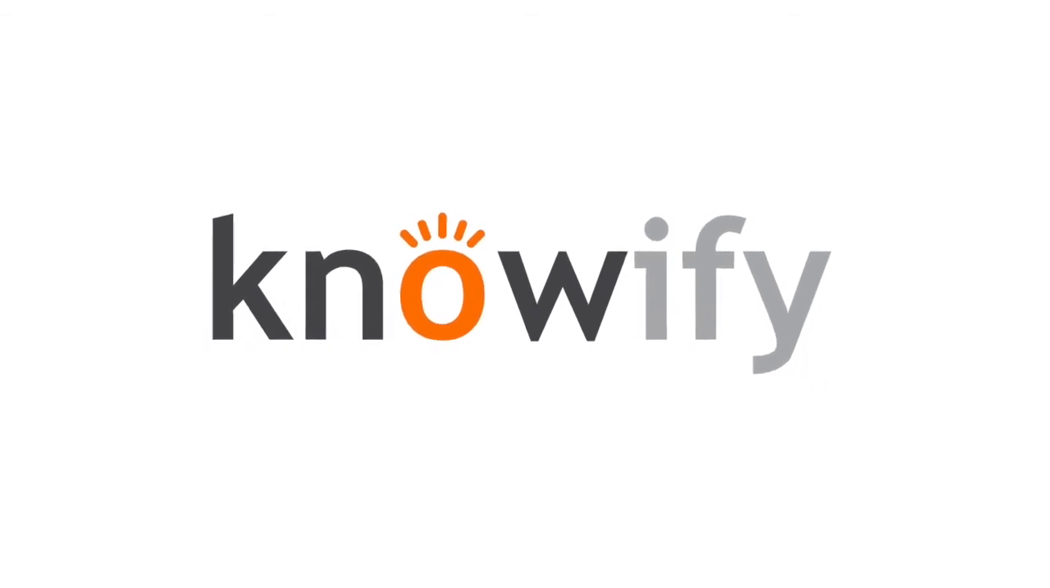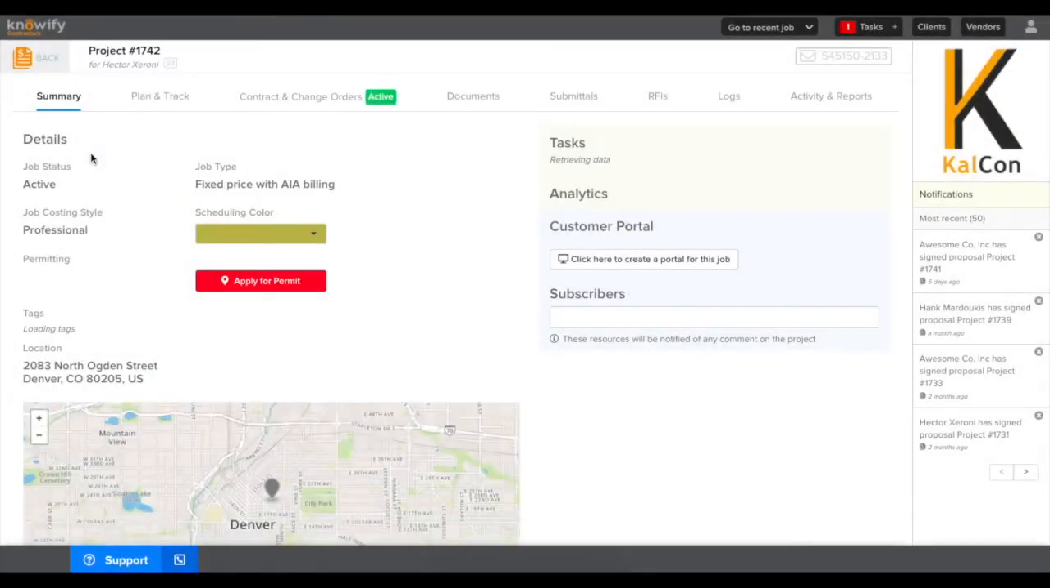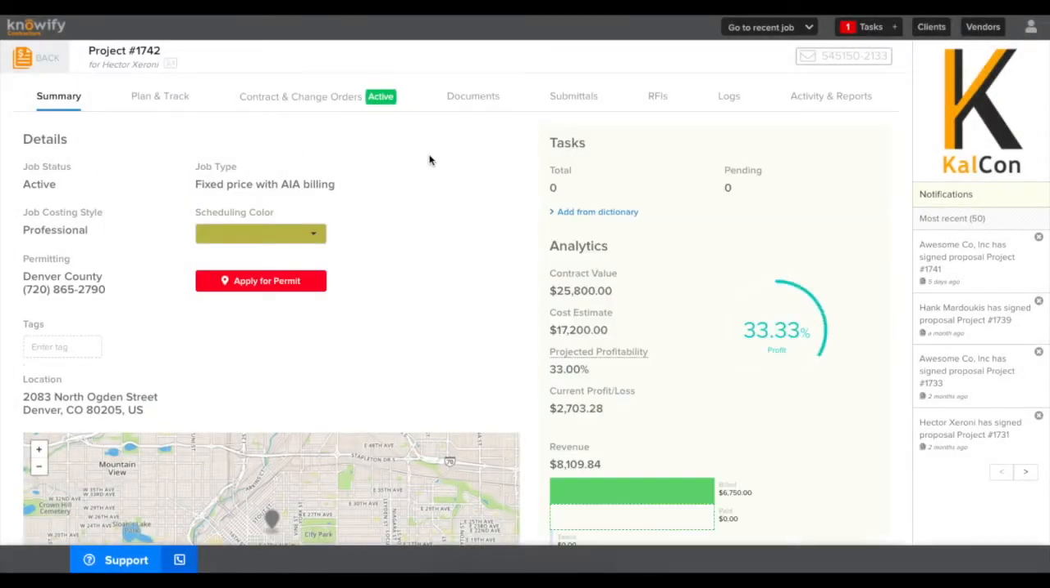Knowify's submittals feature can make it easier for you to request and approve submittals from different contractors working on your projects. To start, open up the project that you would like to use when creating this request for submittal. Click the tab that's labeled Submittals at the top of the screen,